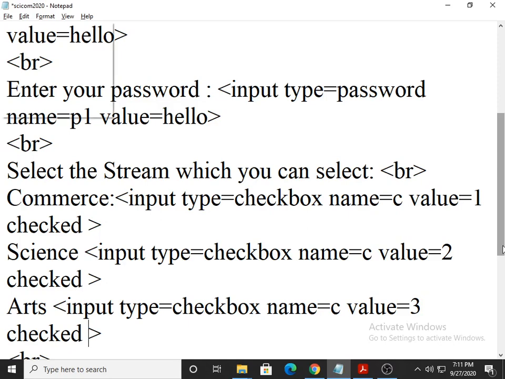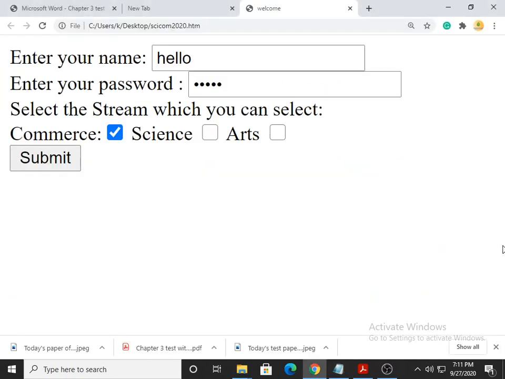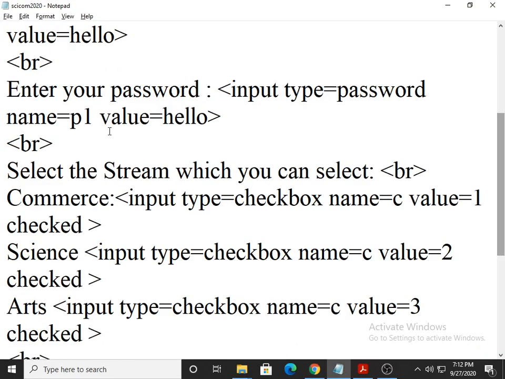So it is possible for all to be checked. So the output is like this. I hope you can see this. All right. So now I make it normal. So this is the story of checkbox, and I hope you understand that.